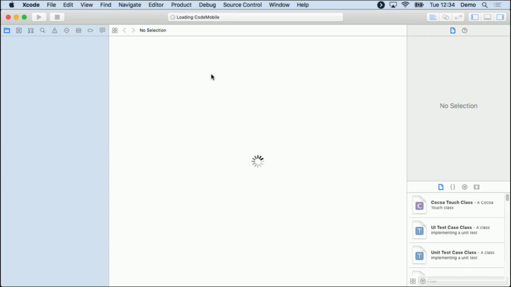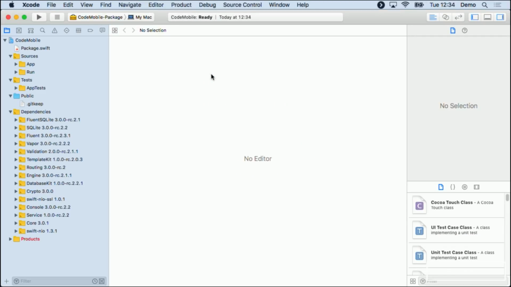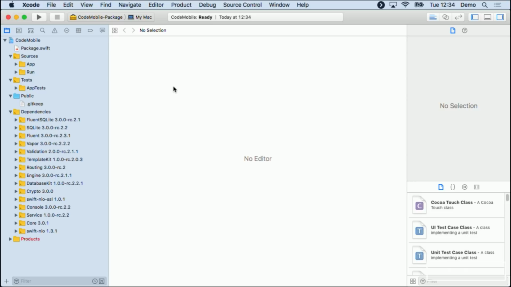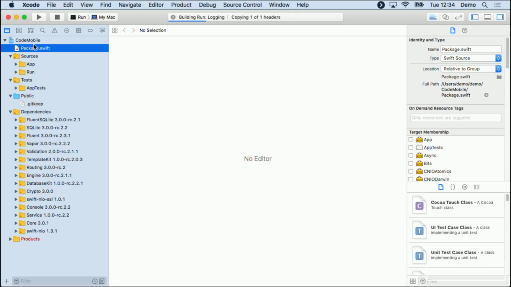Hey, there we go. Cool. So this will generate your Xcode project for you. So I'll kick off a build, just because it can take a little bit of time to build the first time. So if we have a look at the Xcode project, you can see you've got your package.swift, and this